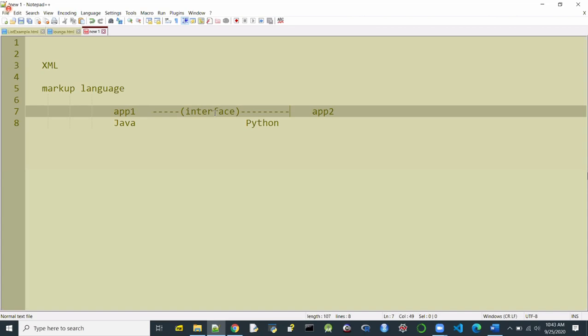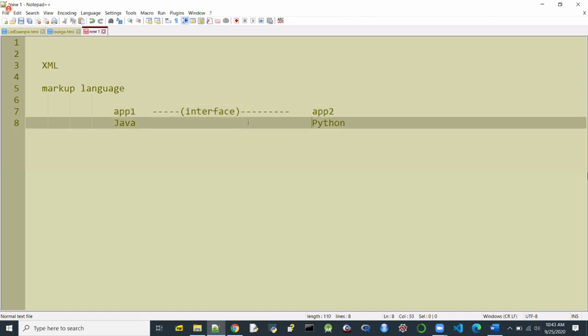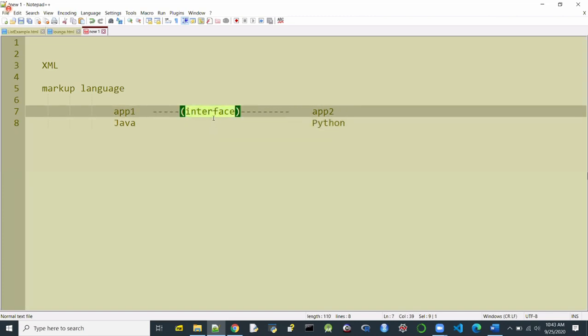Provided the languages that you are using to write both these applications know how to read, parse and generate SQL, there is no problem in using a database as a middle ground. So a database can act as a data source as well as a data destination for the applications.